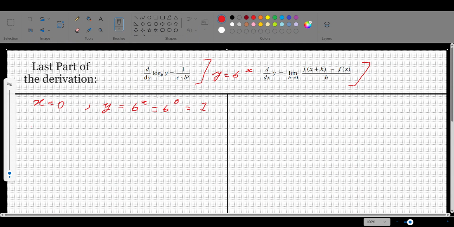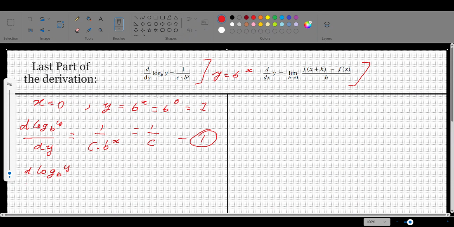Now we'll use both these equations we just talked about to find the derivative of a logarithm at x equal to 0, or y equal to 1. So let's take the first one. This is equal to 1 by a constant times b raised to x. And we just saw that b raised to x is equal to 1 when x is equal to 0. So this is equal to 1 divided by c. And this is going to be our first equation. Now the second equation,